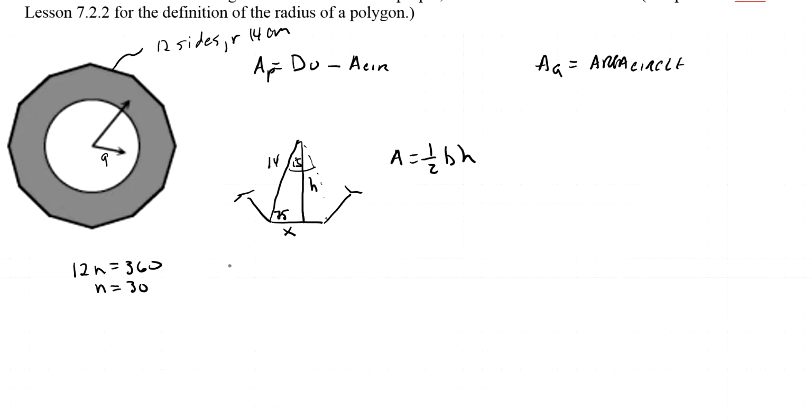So to get x, that's going to be cosine 75 equals x over 14. So I'm going to multiply cosine 75 times 14 equals,